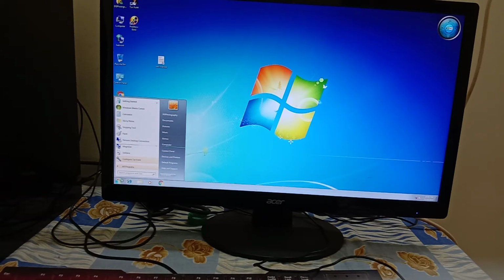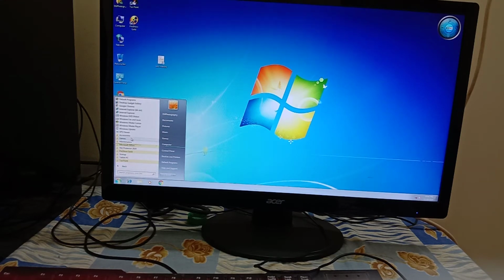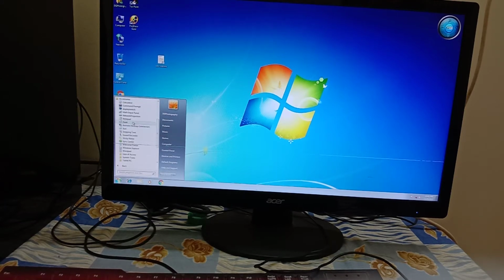So I will move my mouse cursor a little up and I will come to the all programs. Where I am going, children? All programs. When I click on the all programs, these all programs will be displayed over here. In that I will be going to accessories, children. You all can see there is one option called accessories. Just click on it. Once you click on it, the list will open. I will move my cursor up and I will click on the Notepad, children.